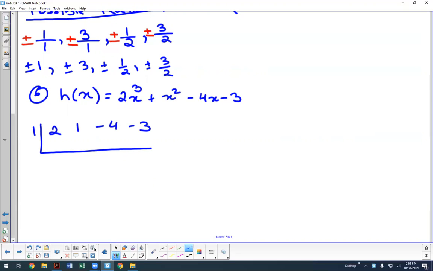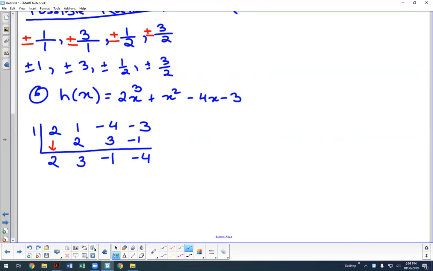Alrighty, very good. So again, we know the first number just comes down as it is. And then you start multiplying. So we do 2 times 1, which is 2. Then we add 2 plus 1 is 3. 3 times 1 again is going to be 3. -4 plus 3 gives us -1. And again, we multiply this -1 with 1,